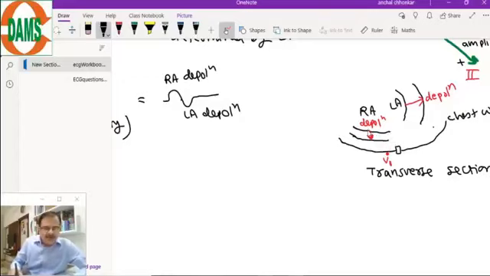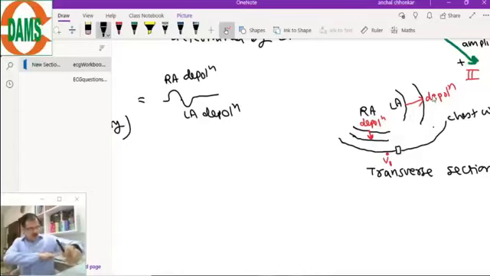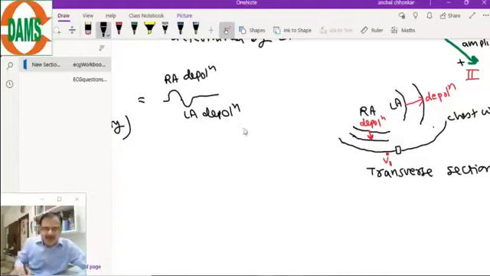So repeating it once again, look at the diagram. The right atria and left atria. First the right atria depolarize, so the depolarization wave will be coming towards V1. It will produce a positive deflection. While the left atrial depolarization is going towards the left axilla, and V1 is here, so it is going away from the V1 ECG lead, and it will show a negative deflection, because it is going away.